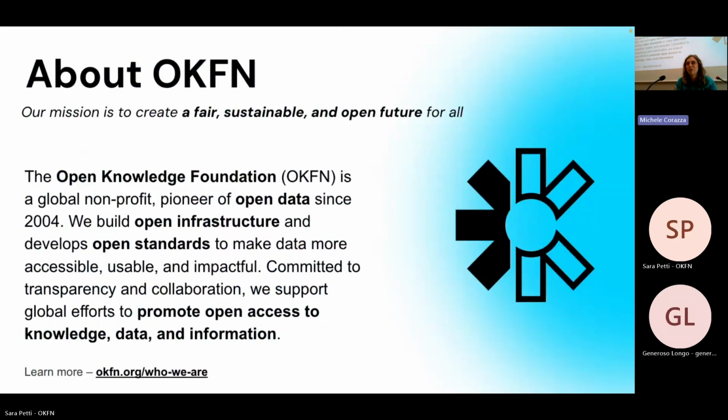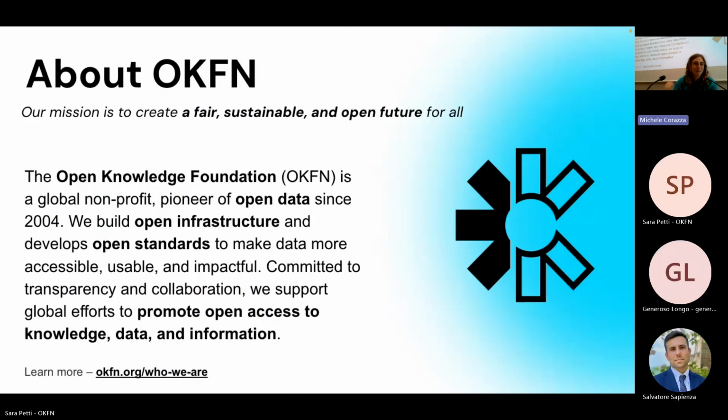I know that this morning John said that we shouldn't introduce organizations and that we should jump directly into the flesh of things. But I want just to give you a little bit of information about open knowledge, because it's going to be useful to understand a few things that I will mention later. So for those of you who already know open knowledge, I'm sorry if I'm going to repeat stuff for you. But for those of you who don't know, hopefully I bring some useful information.